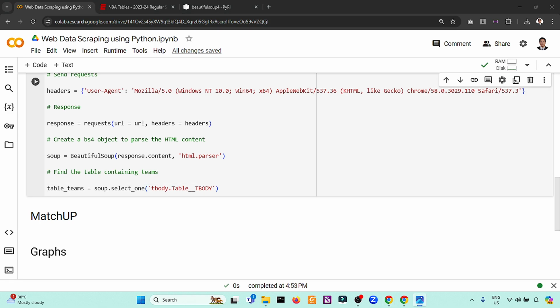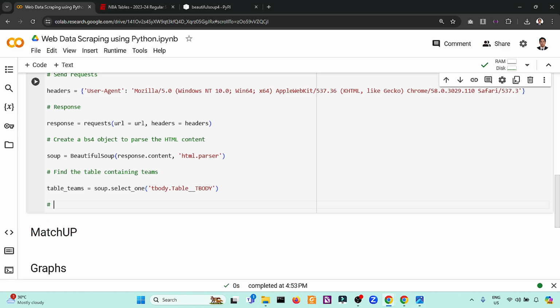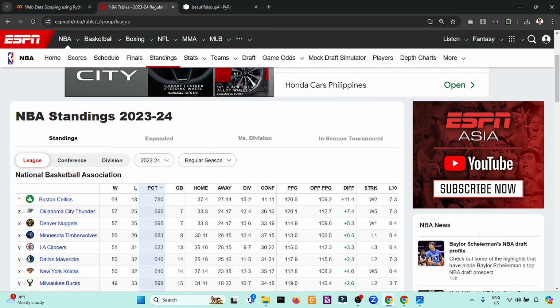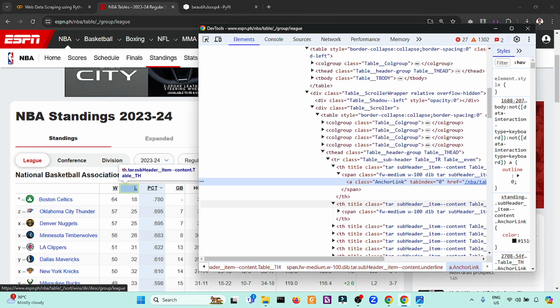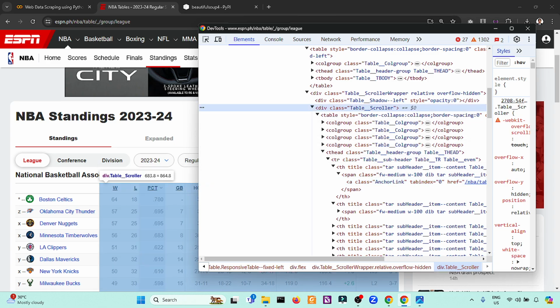Then the next one is we find the table with the stats. Again, if we inspect this, we'll find the table for it.